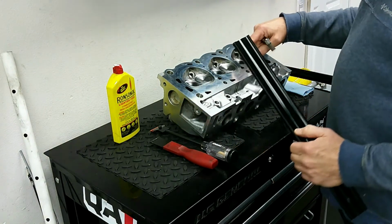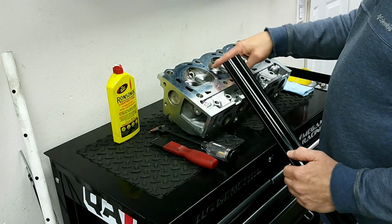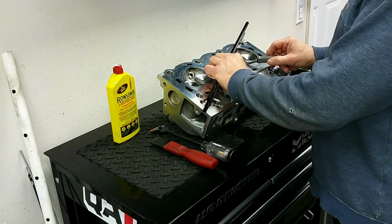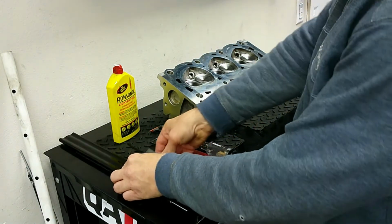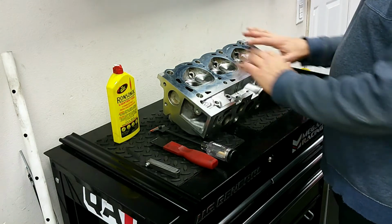Originally this head was a little concave here between the cylinders, and I think they had to shave off about 12/1000ths. But this looks great now. I cannot get the feeler gauge underneath there at all. So this is good. The next thing that you want to address is any oil or any contaminants on the